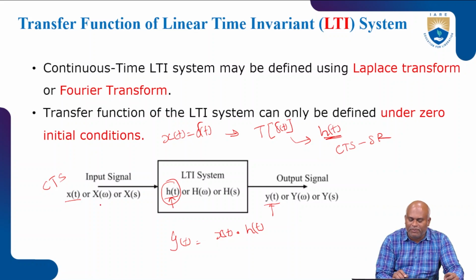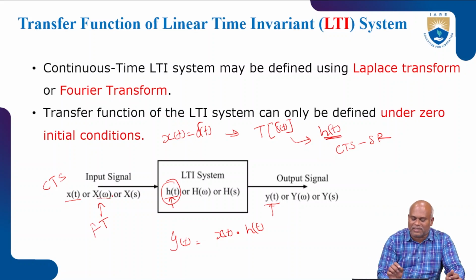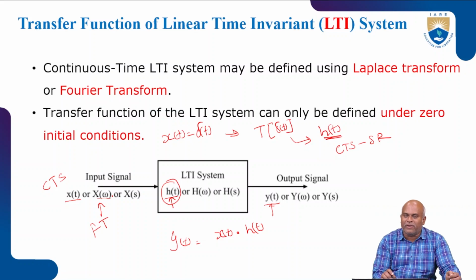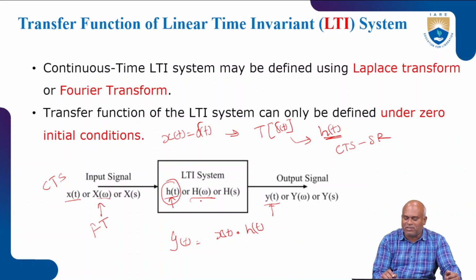Now if I take the Fourier transform, that means the frequency domain or spectrum domain, the input is represented as capital X of omega. The response of the LTI system is H of omega. As usual, when the system gets an impulse input, the output is represented as h of t; in the case of the frequency domain it is represented as H of omega. The output is also represented as a frequency response, that is Y of omega.